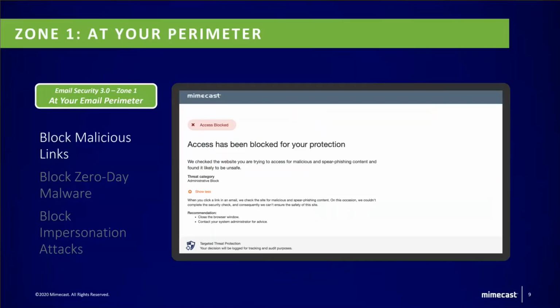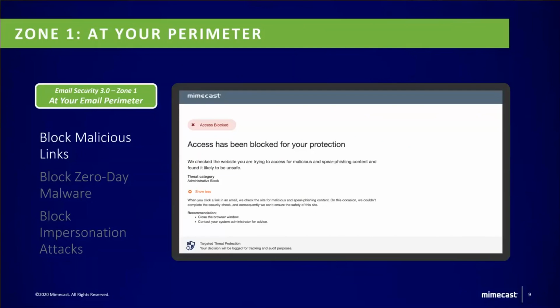For example, let's say I send you an email today, you click on the link, and it takes you to a safe website. Maybe tomorrow you click on that same link and the website has been compromised. Because that email has already been accepted by your mailbox, your URL protection solution may not pick up that it's bad. This is why Mimecast makes sure that on every single click, whether you click on it today, tomorrow, whenever, that URL is secure.